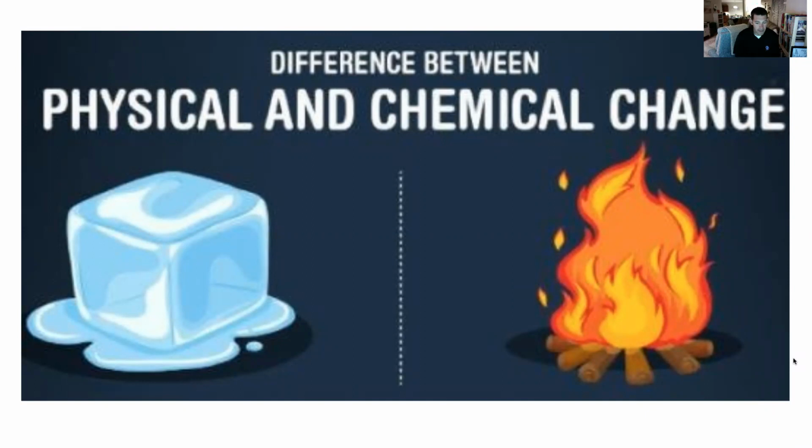All right, so these are things that we can observe. A physical change, something like an ice cube melting, we can observe that happening. We could take measurements, but that ice cube doesn't change its identity. It is water. It's water in a solid state, it's water in a liquid state as it melts, but it is still water, all right? So phase changes, solid, liquid, gas, cutting something in half, things like that would be a physical change. You're changing a physical property of the matter, but you're not changing what the matter is.